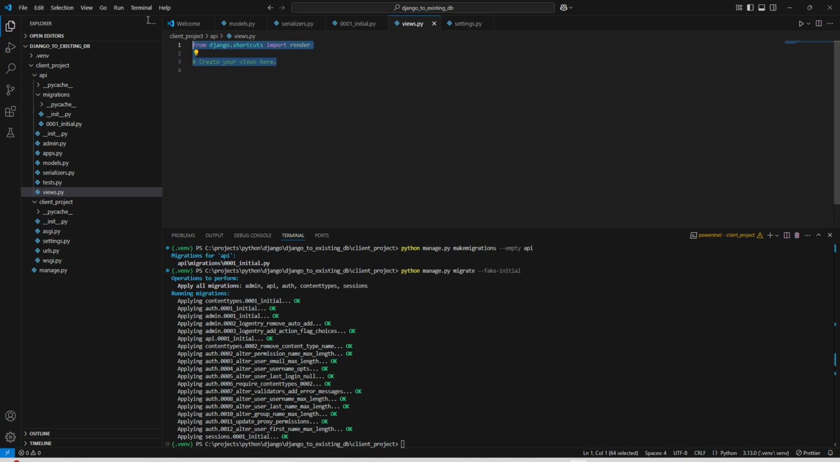Here we can use our REST framework, and from that we are going to import viewsets. Next we are going to import our models, which is Client in our case. Next we are going to import from serializers, which is ClientSerializer. And here we can create one class, let's say we name it ClientViewSet, and here we can use our ModelViewSet,